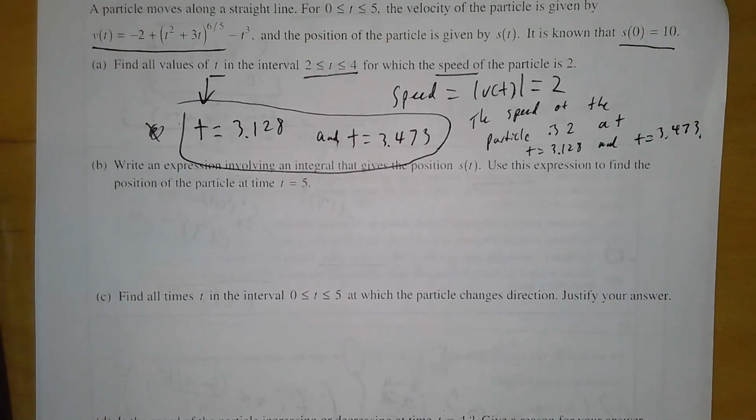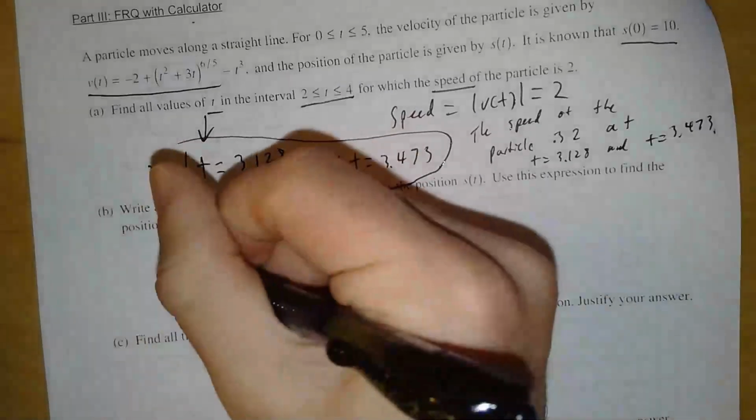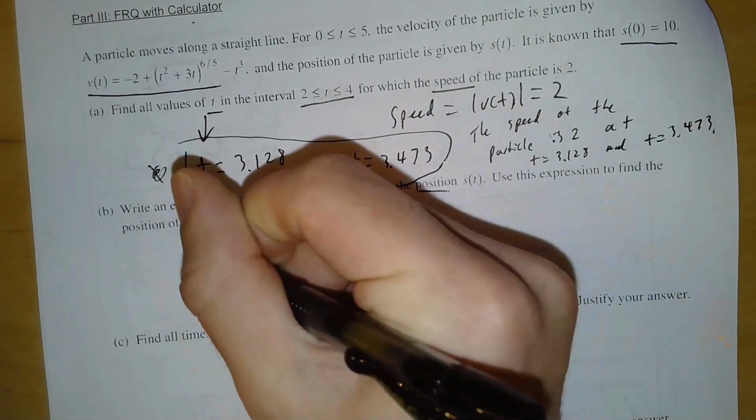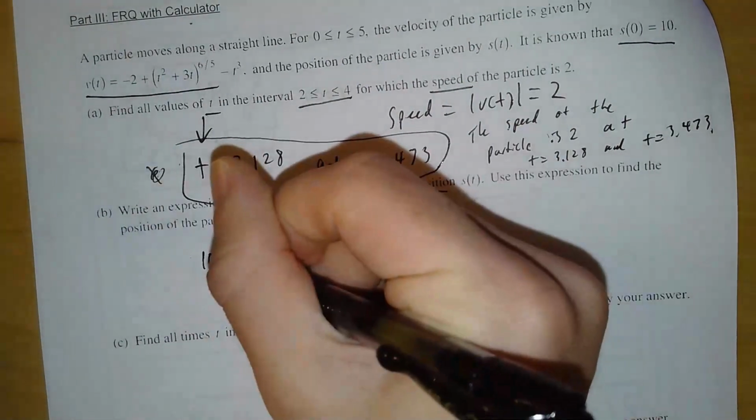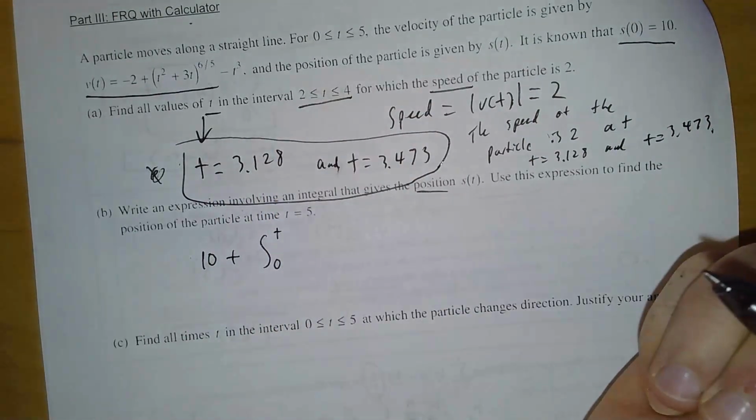Alright, write an expression involving an integral that gives the position s of t. Use this expression to find the position of the particle at t equals 5. This is what we've been doing. So the starting position is 10. Starting position is 10. And I'm going to add the integral from 0 to some t of